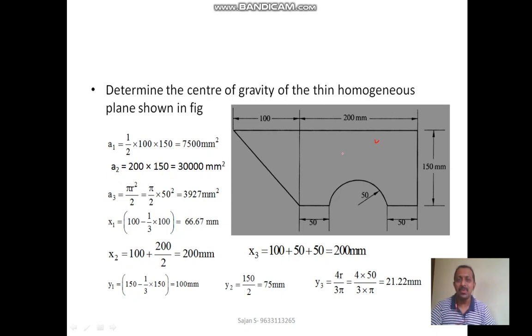In this session, let us do one problem on a centroid of composite areas. Here is the homogeneous plane given as a triangle connected to a rectangle, and a semicircular area is removed